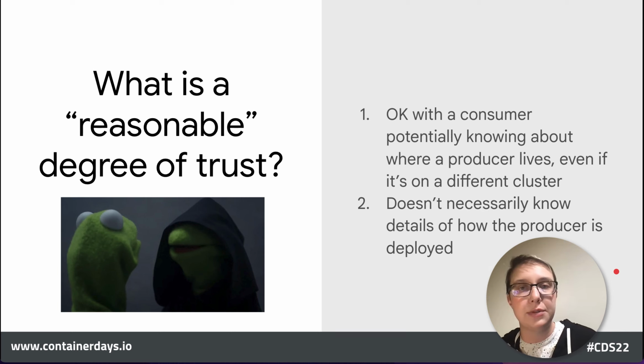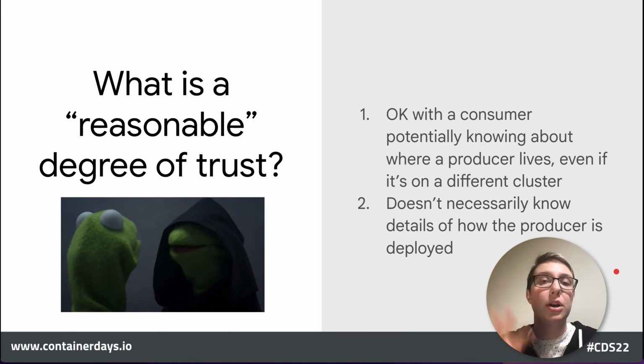So even if it's on a different cluster, knowing something about where it lives, maybe other consuming workloads or other workloads on a given cluster that aren't direct consumers know that it exists. So being okay with the fact that this other cluster and these other workloads, these services exposed from that cluster, might exist, that's a good temperature check on whether we have a reasonable degree of trust between these workloads.